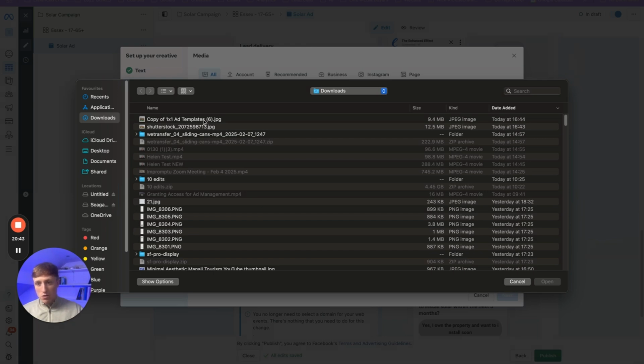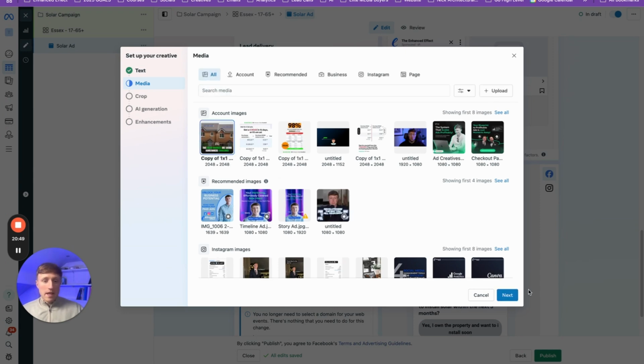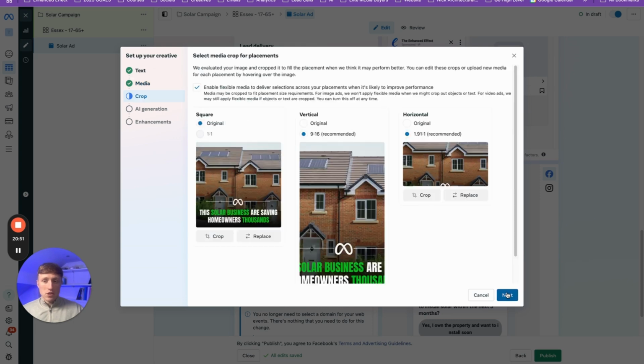Obviously, you want to use your own images of the work you've done. But I created an image on Canva, which I'll show you in a minute. This sort of style works really well. So you can see it here. It's this solar business are saving homeowners thousands, and then it's a photo of the work that they're doing. Again,